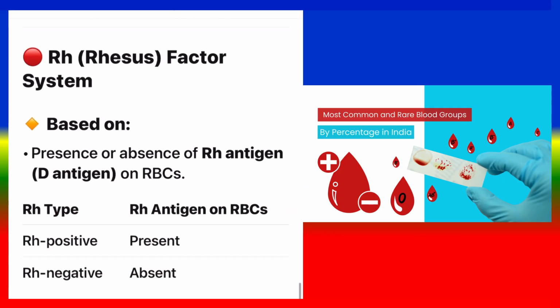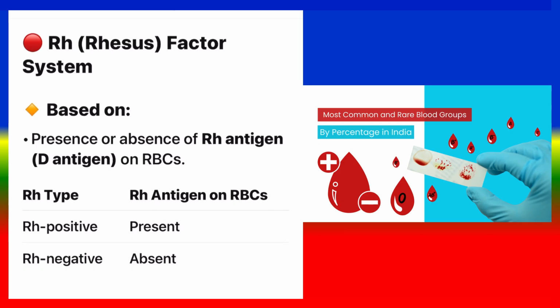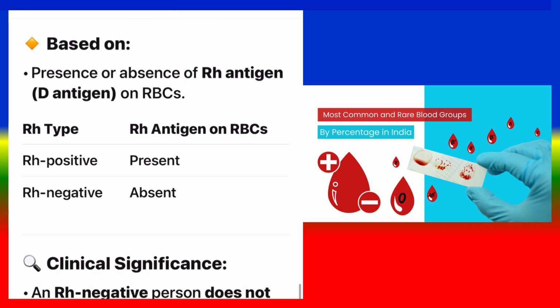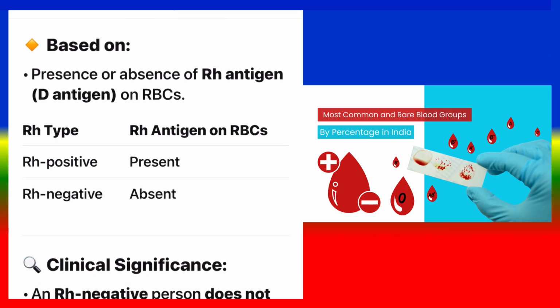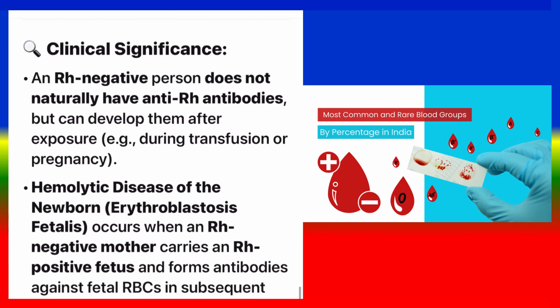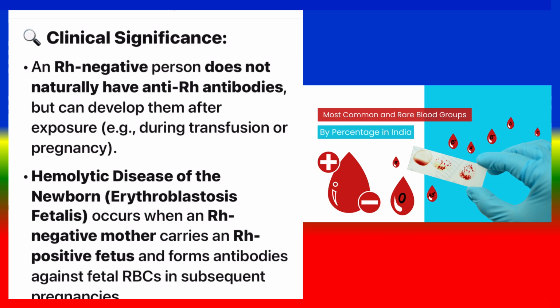Rhesus factor system. Based on presence or absence of Rh antigen, D antigen, on RBCs. Rh type, Rh antigen on RBCs. Rh positive, present. Rh negative, absent. Clinical significance: an Rh negative person does not naturally have anti-Rh antibodies, but can develop them after exposure, e.g., during